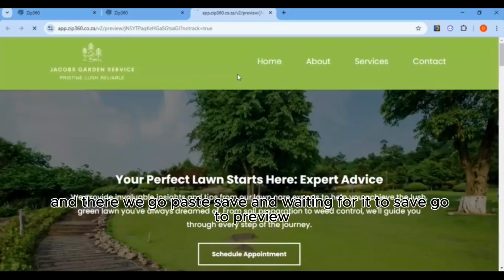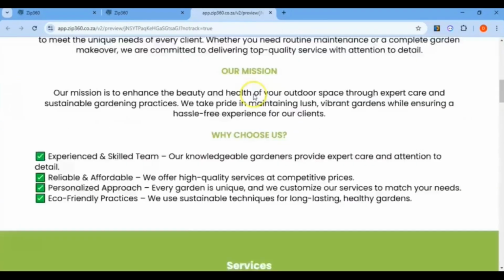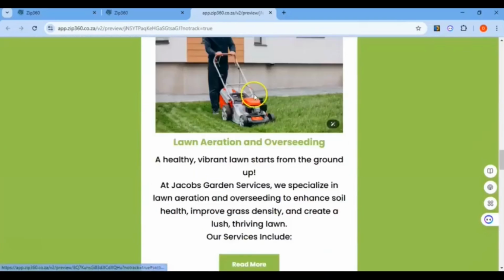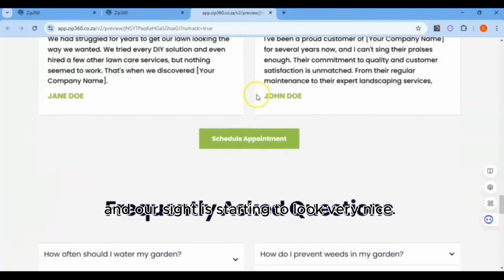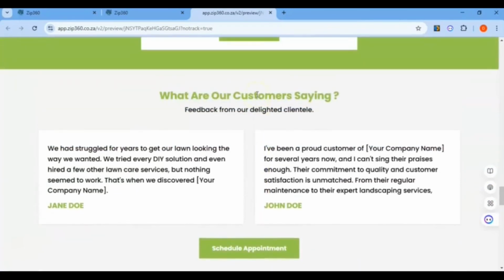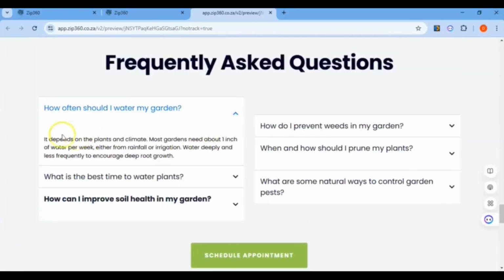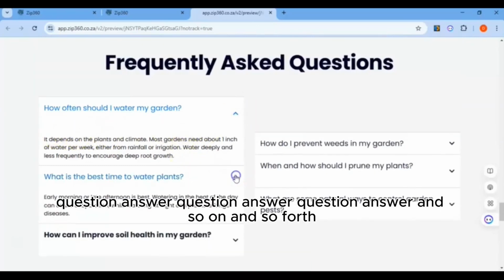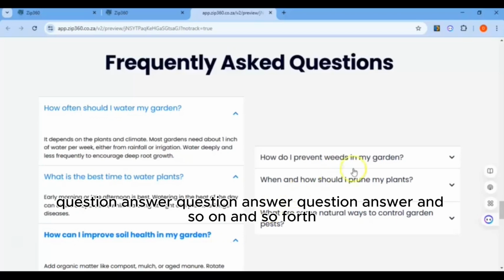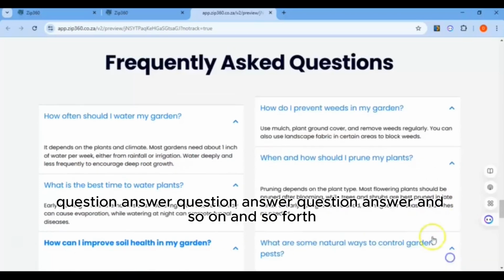Go to preview. And our site is starting to look very nice. Frequently asked questions. Question, answer, question, answer, question, answer, and so on and so forth.